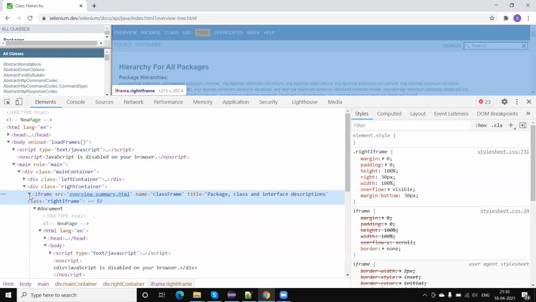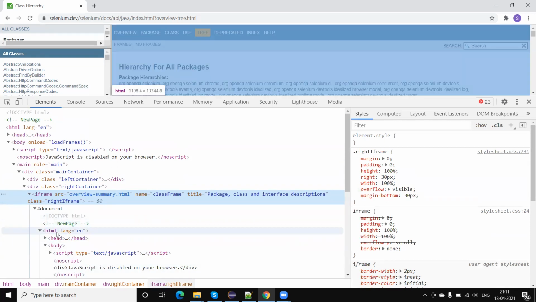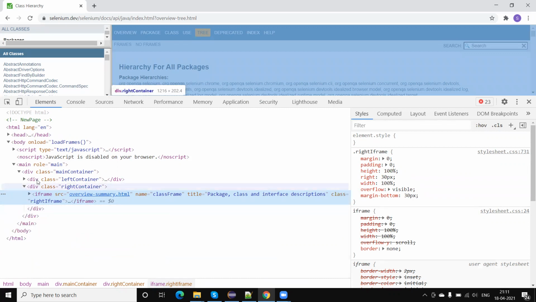So if I use any element locator which is within a frame, and I use driver.findElement, then it will throw us an element not found exception. Why? Because Selenium WebDriver will search the locator outside of the frame, not within the frame, by default. Now the question is how we handle such a situation. If your page is divided by the iframe and you want to click or verify or perform any action on the locators which are coming under the iframe, then you need to switch to that frame.